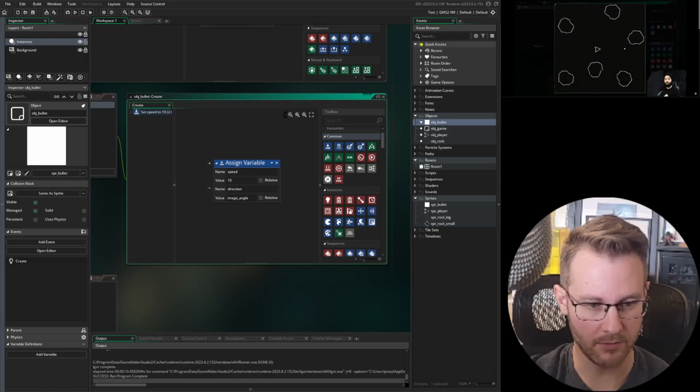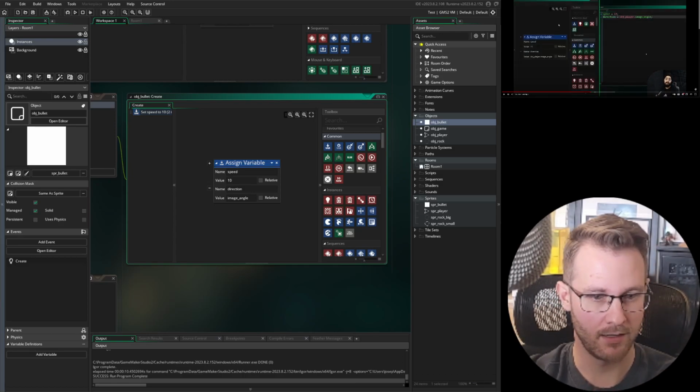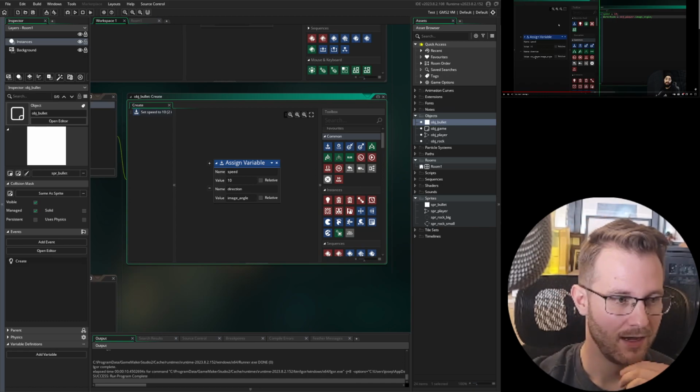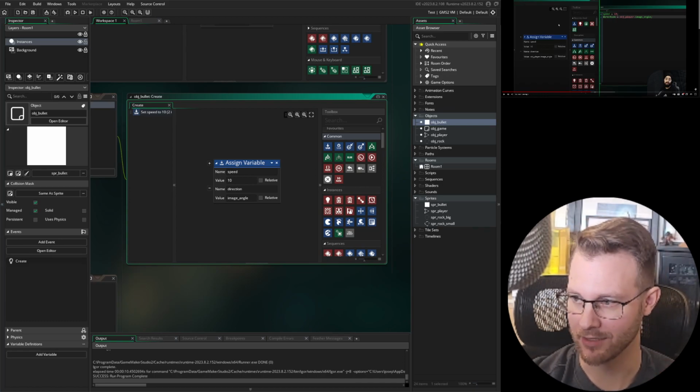Shoot moving bullets, hold on, that the player is facing. Object underscore player dot image angle. Okay, so